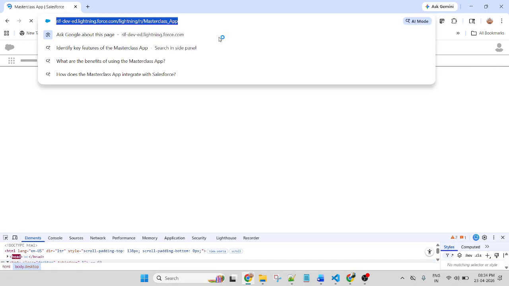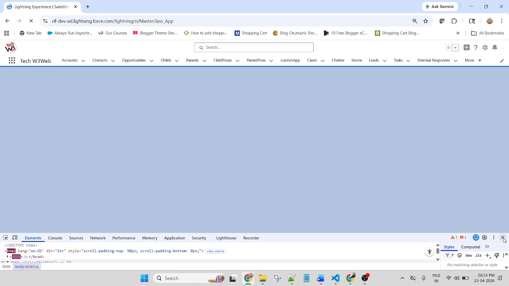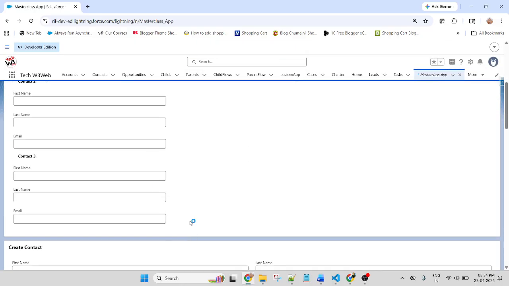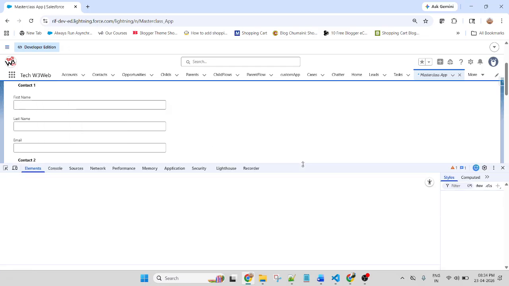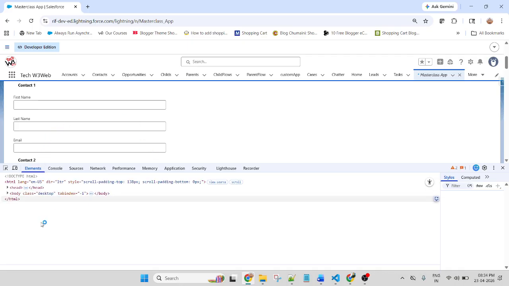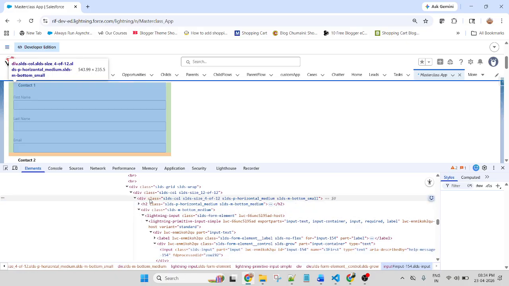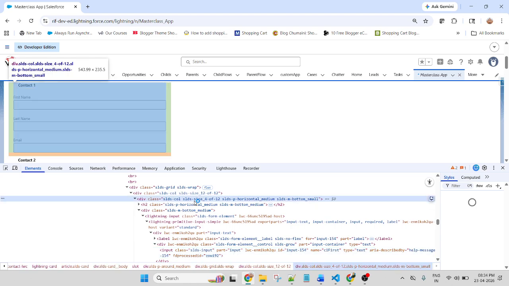My component is not visible. Why is it not displaying? I think my content is not reflecting. I think divs were missing. My content is not reflecting.